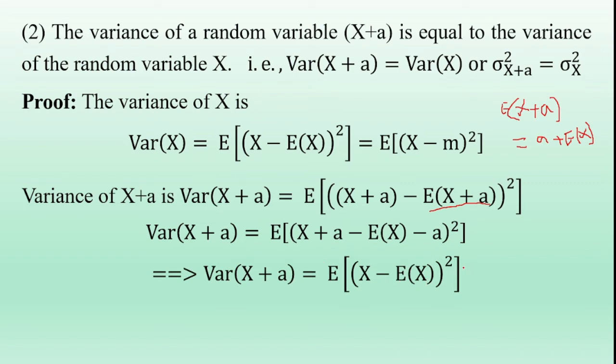The expectation of x minus E of x whole square is the definition of the variance of the random variable. Therefore, the variance of x plus a is equal to the variance of x. So that is the second property statement and proof. And next, the third property,